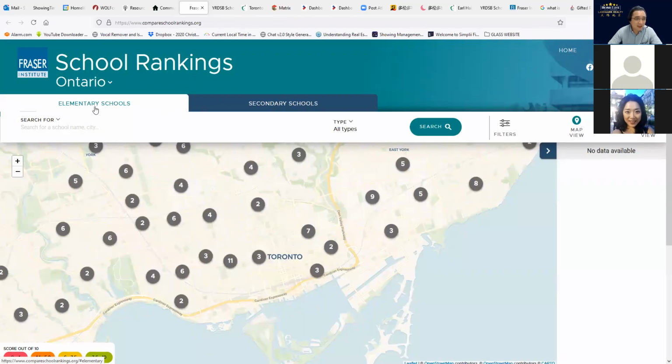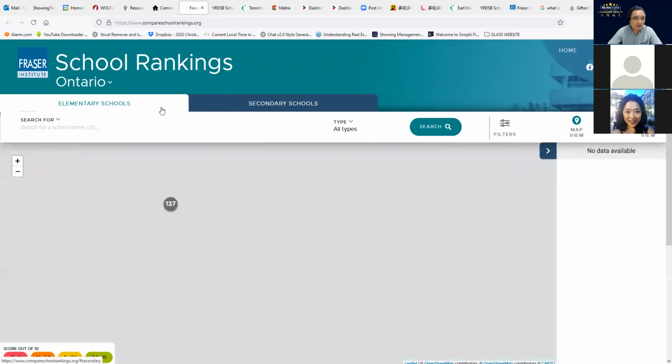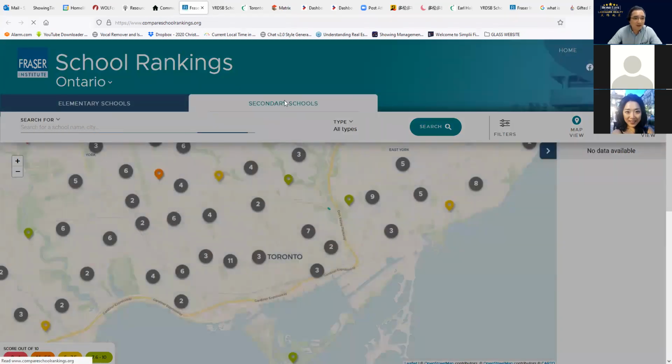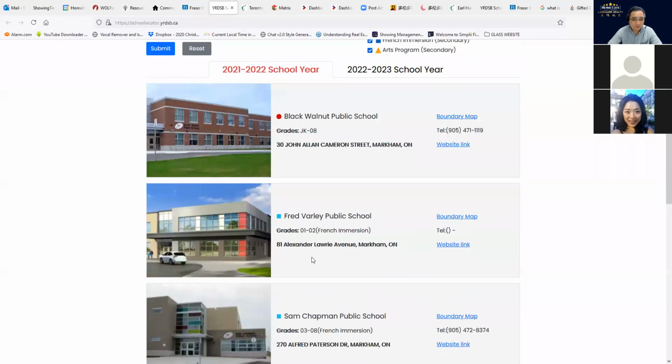So first one, elementary school. Next one, secondary school. It just depends on what kind of school you want to look up the ranking for. For example, we're looking for a secondary school.